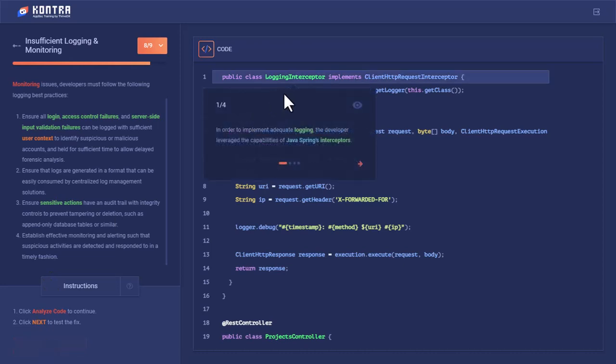So in this code, this logging interceptor has been implemented by the developer. In order to implement adequate logging, the developer leveraged the capability of Java Spring's interceptors. This is the built-in feature. You do not have to write some pretty fancy code to implement the logging in your code. So let's move further. The logging interceptor